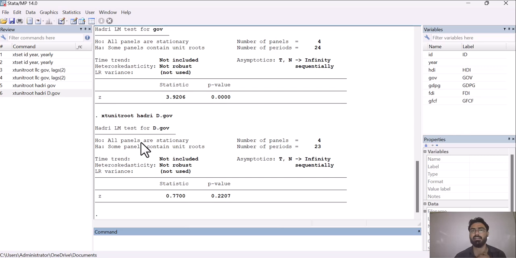But on the other hand, if the majority of tests are saying that your data is not stationary, then you have to accept that your data is not stationary. So this is how you can apply unit root tests on panel data.